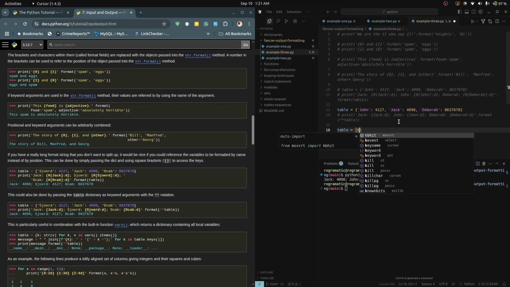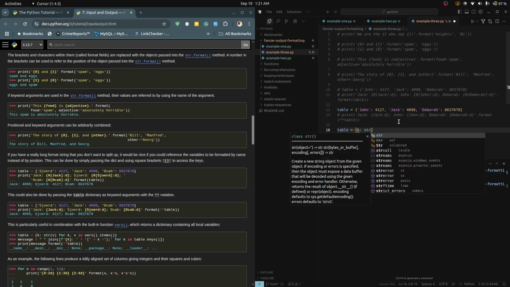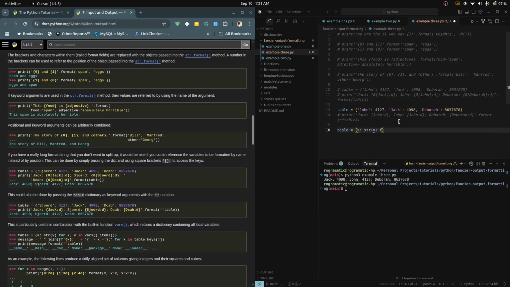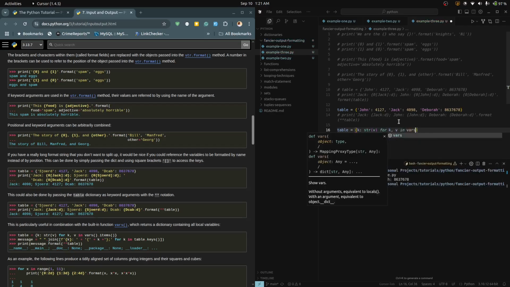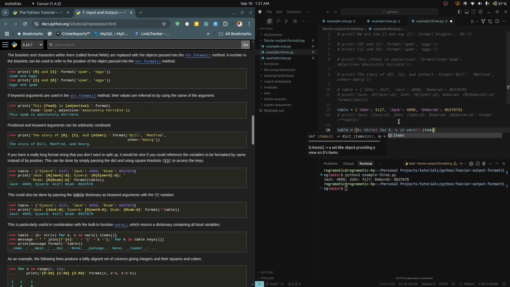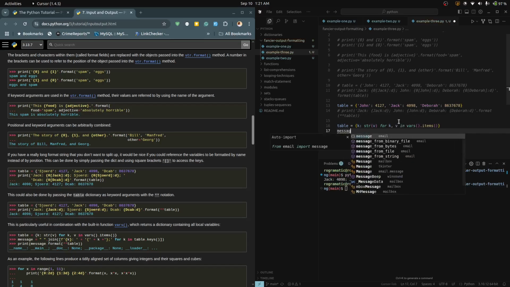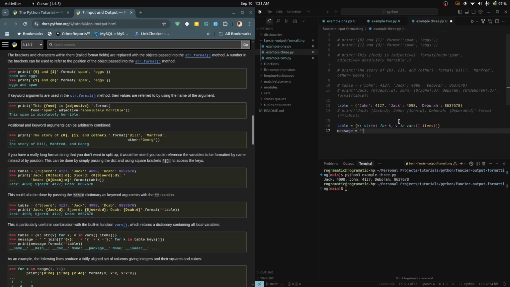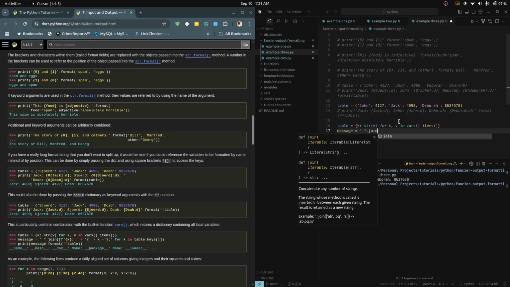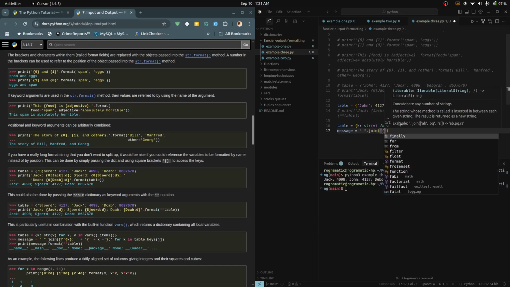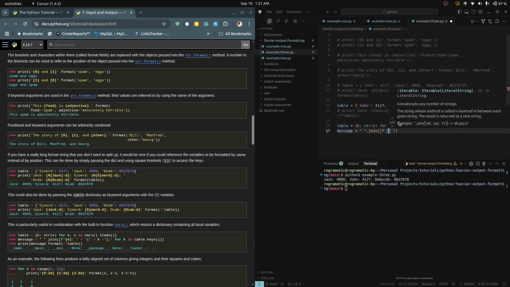Table K column str V for K comma V in vars dot items, and define the message as an empty space dot join, and then we have F, let's just say K